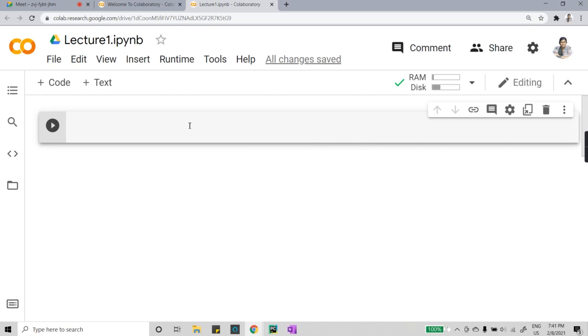So these are the small functions of this Google Collaboratory notebook. Other than that, there are many more, but these are the important ones which you should keep in mind for now. Okay, so this was about Google Colab. This is the environment which we will be using. Fine. So just quickly let me know, is this whole thing clear to you about the environment and how to access and use it?